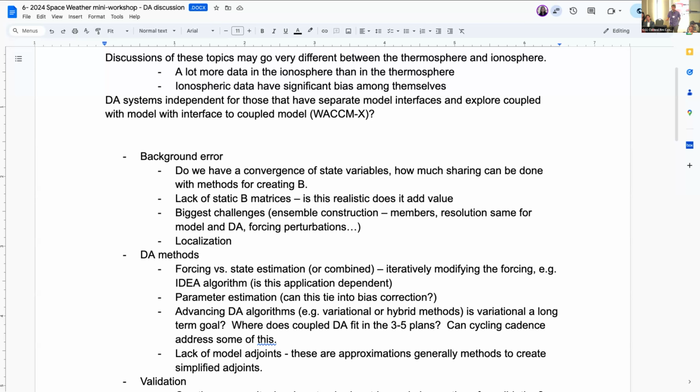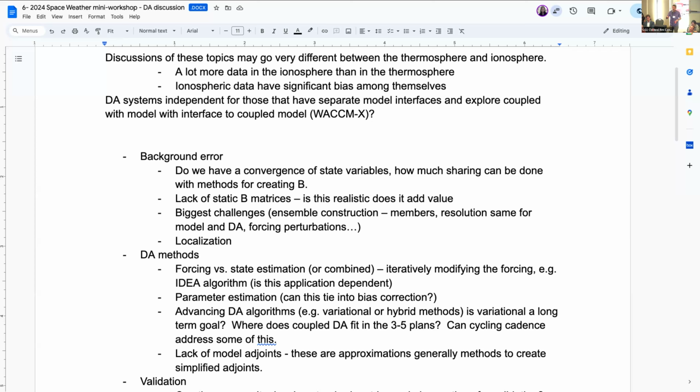Once you start figuring this out, that helps on the level of hybridization that Ricardo was mentioning earlier. On the technical side, if you have an ensemble, you have a static B. It might be very poor, but you can take your ensemble members from the last 5 years. That gives you a static B. And I think Ricardo has actually tried that in the past. And then you can refine